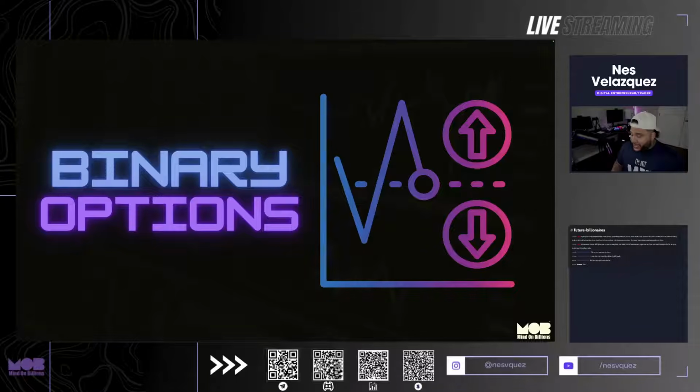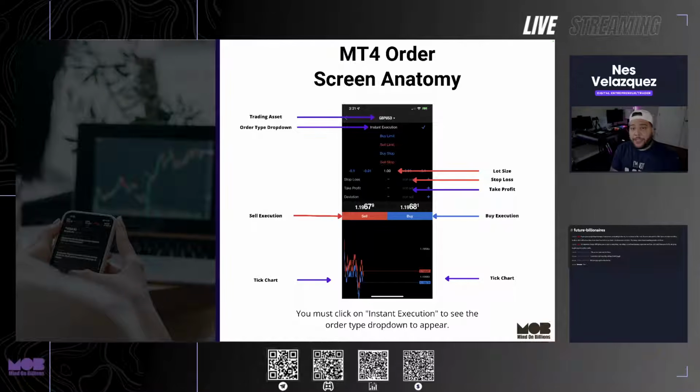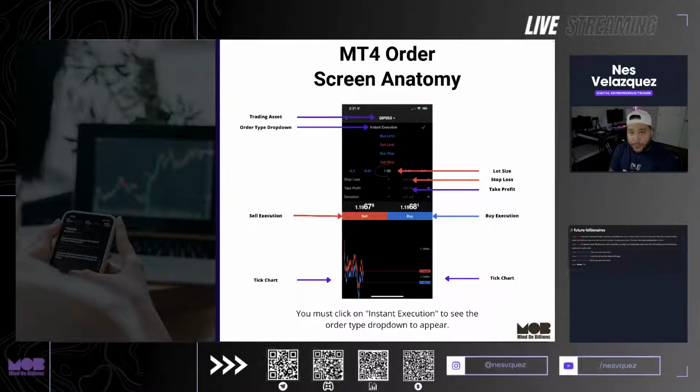Now that we've gone through all the Forex stuff, let me show you. Actually, no, we'll do some chart time. Let's just talk about binary options for a second. The traditional way of Forex trading is based on points. The more points you gain in your favor after implementing a trade, the more profitable you can be. The more points you are negative in a trade, the more money you are potentially losing.